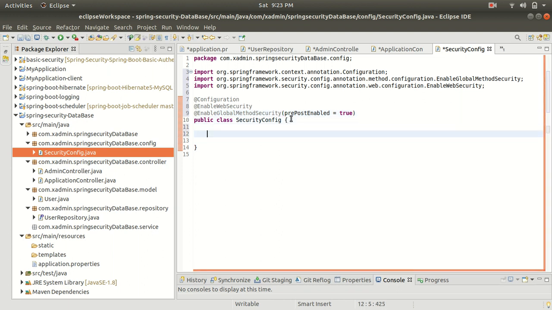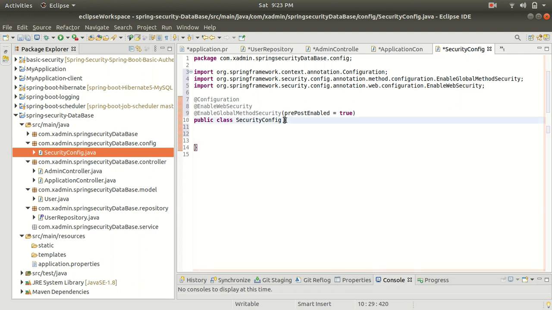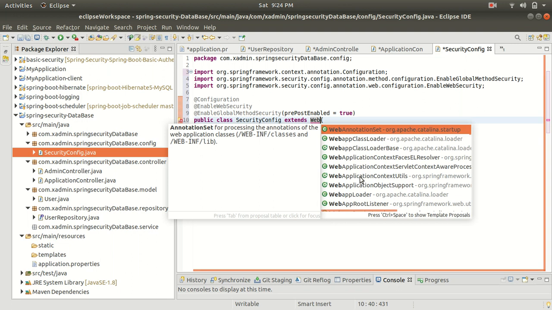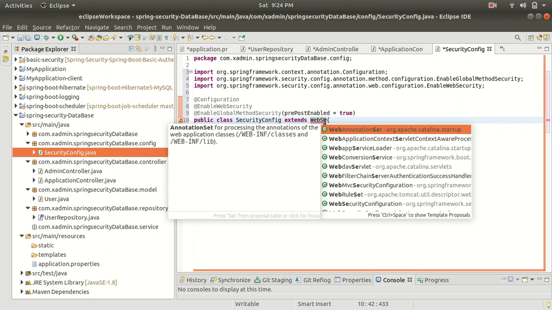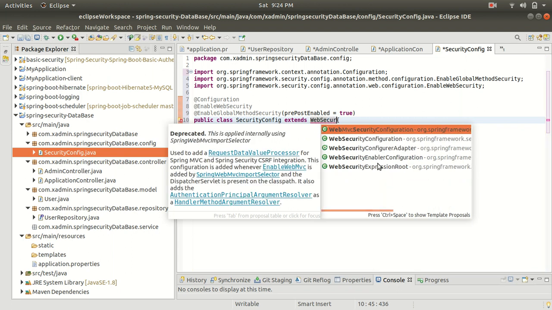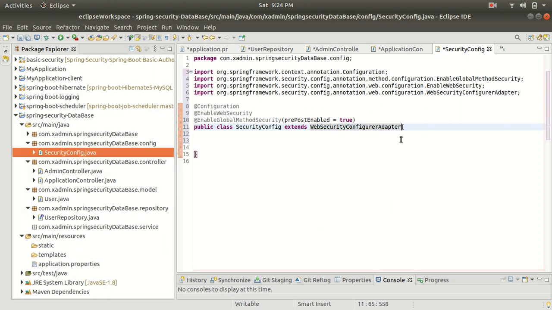Alright, and now guys, I am going to write a method. So guys, we have to extend this config class with WebSecurityConfigurerAdapter. So let's extend this with the WebSecurityConfigurerAdapter, this one. Alright, so now guys, I am going to override the configure method.